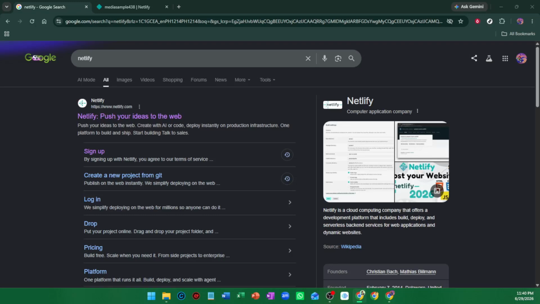In today's video, I'm going to teach you how to enable HTTPS in Netlify. We'll walk through the full process of connecting your domain and making sure your site is served securely over HTTPS. This is an important step because HTTPS helps protect visitor data, improves trust, and is generally expected for any modern